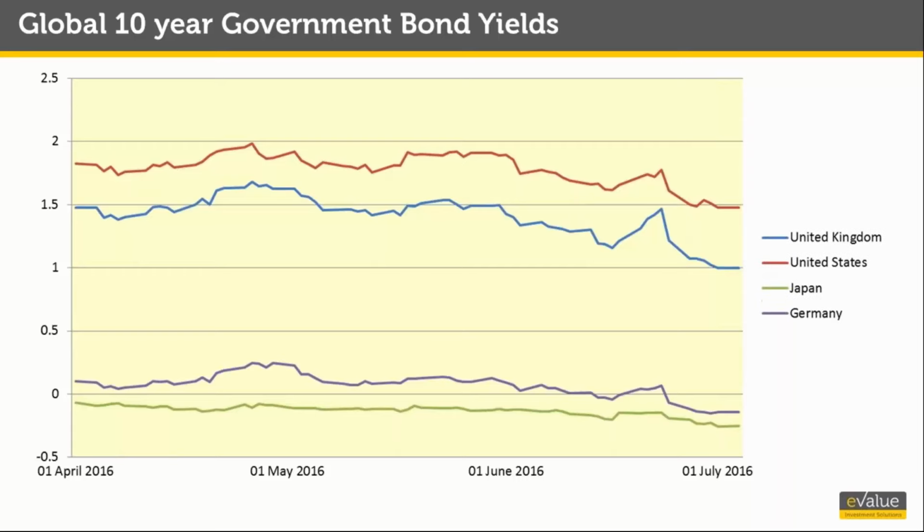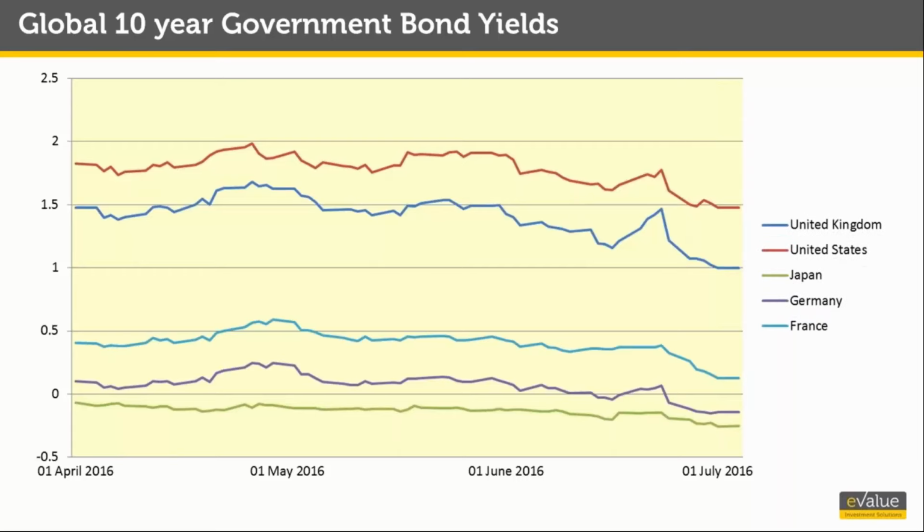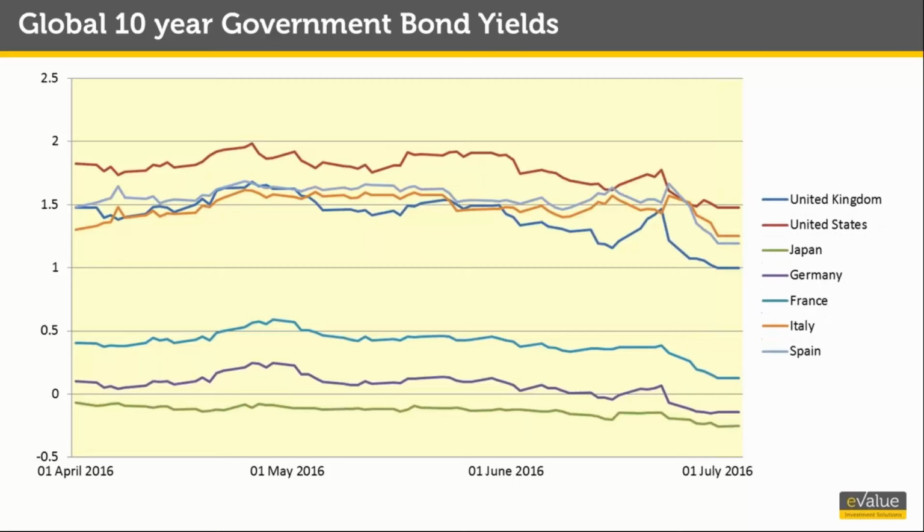Germany and France have also mirrored the trend that we've seen in the UK and US, but at a lower level, with similarly vacillating yields over the period. Germany has responded more acutely to the Brexit vote from the negative pressure of the UK leaving. Yields in Italy and Spain rose following the Brexit vote, reflecting the expected effect on the EU of Britain leaving. The quarter ended with yields halfway between the UK and US levels.